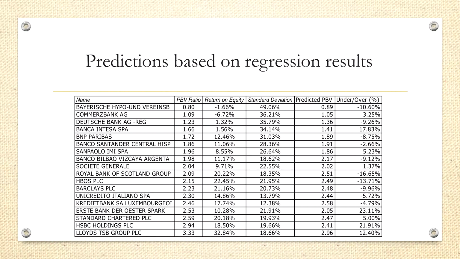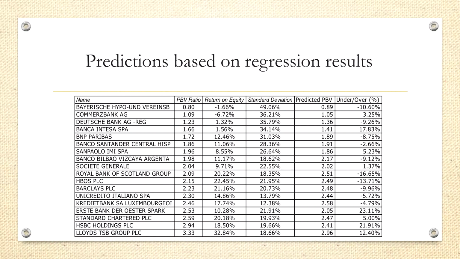Although this bank has a low PB ratio, the current stock price is actually undervalued, because the reasonable PB ratio would be about 10% higher. So this bank is very likely undervalued by about 10%. And you can do the same